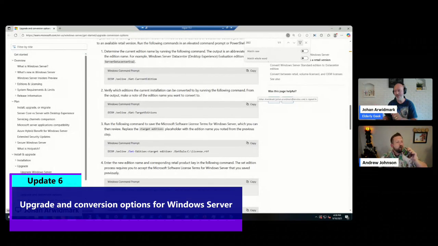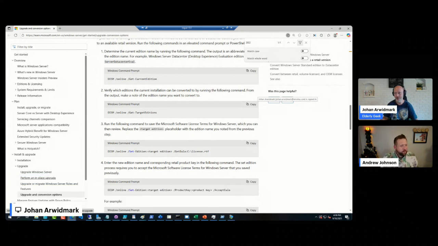There was a little troubleshooting exercise I had just here before the call. I totally forgot how to check which target editions you can upgrade a server to, from one edition to another. So I looked that up, but that was a sidebar. I thought you just had all the DISM commands memorized 100% by now. No. No, it's a useful tip. I appreciated that you brought it up before we were chatting because I had not come across that either. So at least thank you for sharing. Of course.